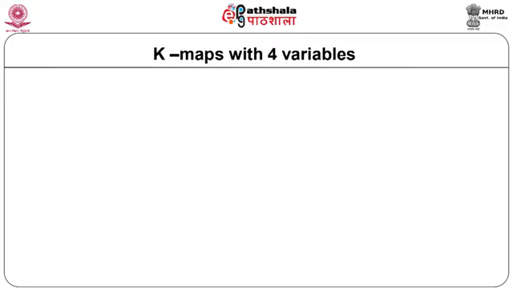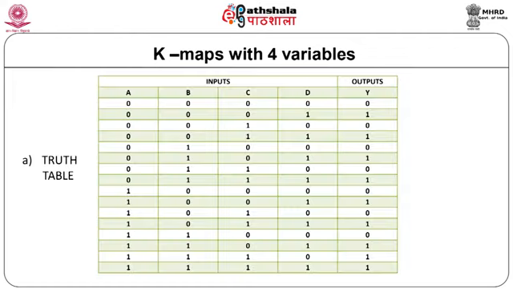I know that the K-map of 4 variables will be a little bit complicated. If we have to do it using the basic rules of Boolean algebra, naturally it would be complicated. But once we map, definitely the simplification will be visual. So, I am sure that we can even extend the concept of K-maps to K-maps of 4 variables. Let us now represent the truth table and locate where ones are present.